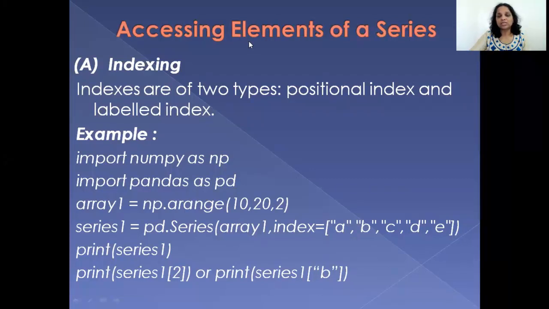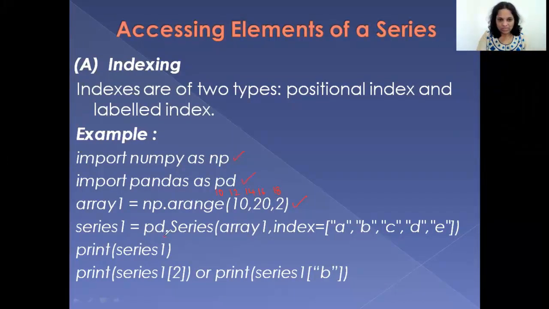Okay, so let's get into example 1. Here I have imported two modules. One is the NumPy module, because on this line I am creating a NumPy array. And what are the elements of the array? It should start at 10, go up to less than 20, with a skip count of 2. So the elements of the array are 10, 12, 14, 16 and 18. With this third line, I was just creating a NumPy array.